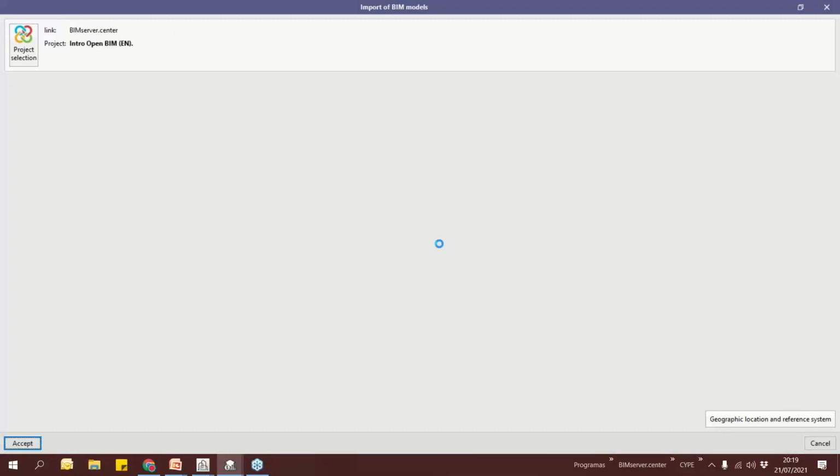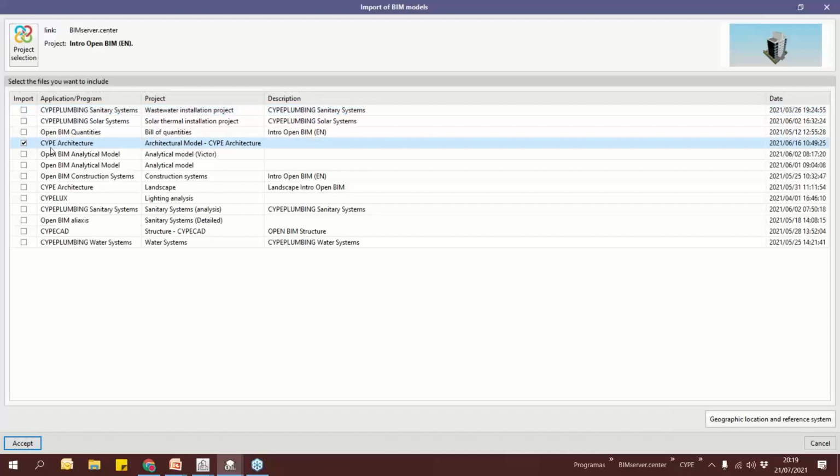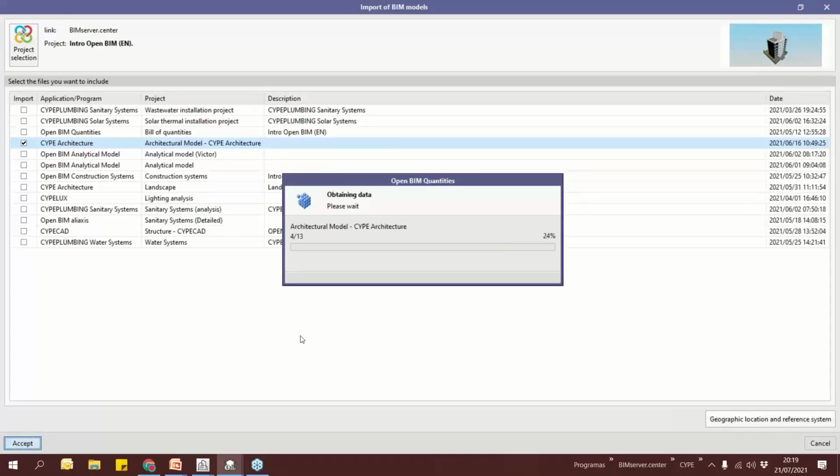And the software is going to identify all the BIM models I have in this project. So I will be able to select all of them and measure all of them at the same time. But I will show you, first of all, how to measure just one of them, CYPE architecture, and I will add new layers later on, okay? So I select CYPE architecture model. So now the software is going to obtain all the data of the graphical entities I have specified in